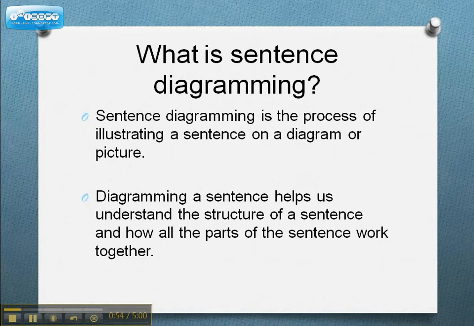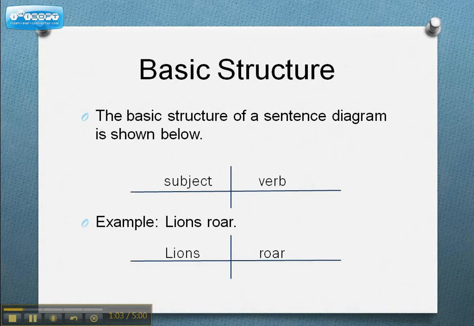Diagramming a sentence helps us to understand the structure of a sentence and how all the parts of the sentence work together, and this can be especially helpful to those of us who are visual learners. The basic structure of a sentence diagram is shown below. You have a horizontal line going from left to right with a vertical line cutting through. You write the subject of the sentence on the left-hand side, and you write the verb of the sentence on